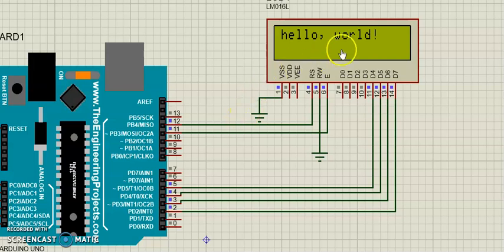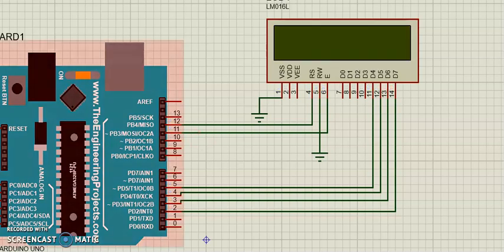If you run, you can see here the message as hello world. So we have given the cursor position as row 1 and column 0, so it's going to display hello world like that. So I am going to stop it now.